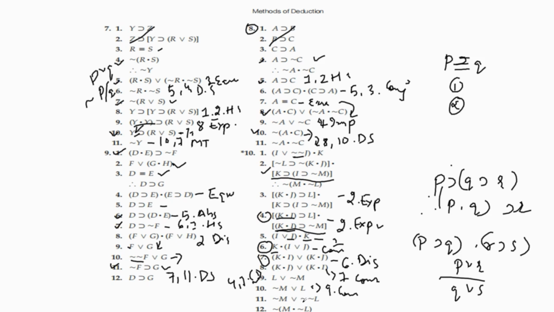And then again double negation because we don't have negation here, double negation. And end में D